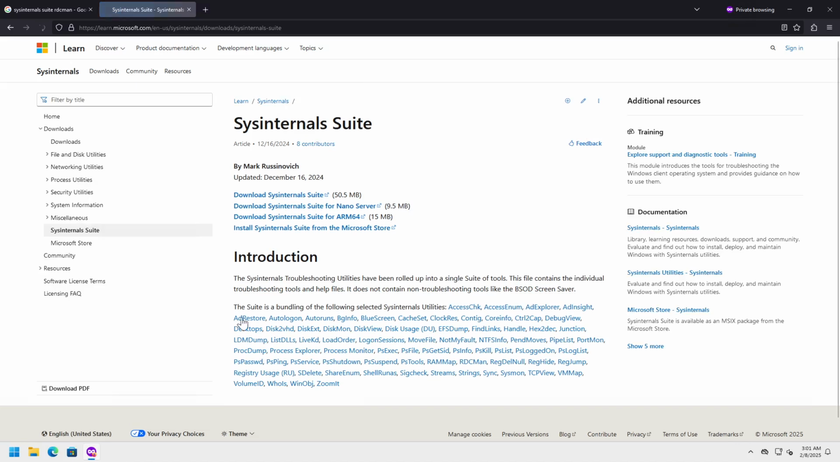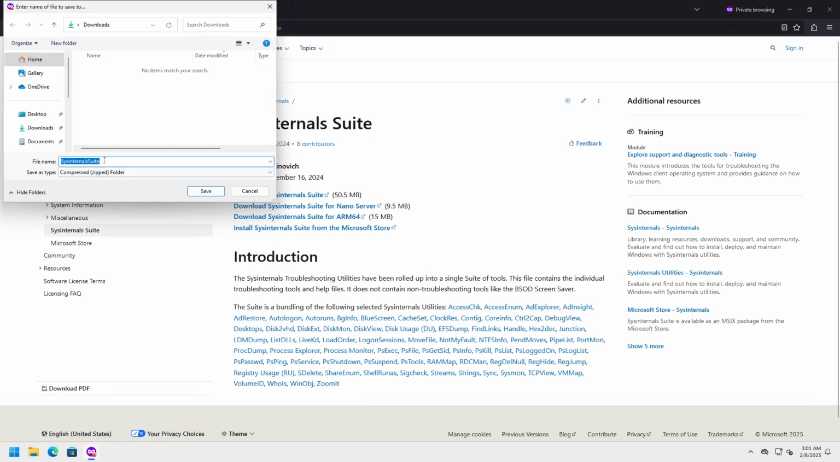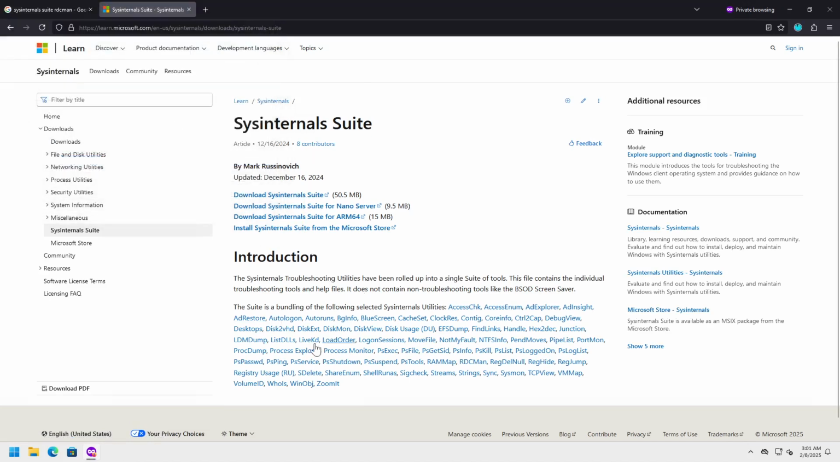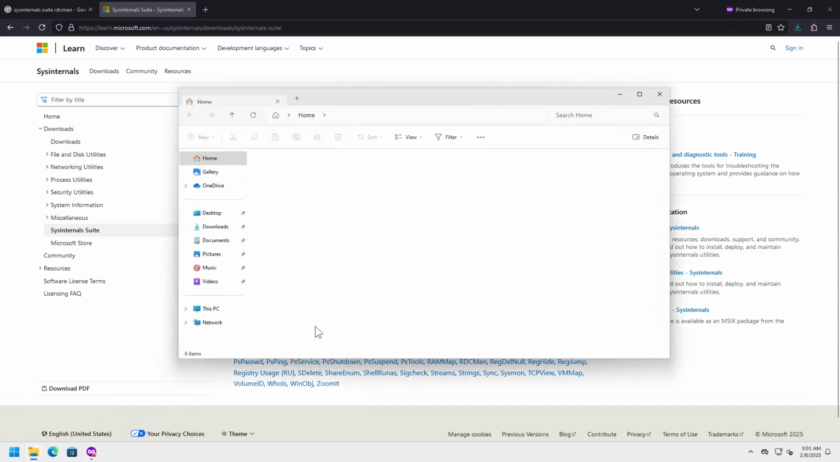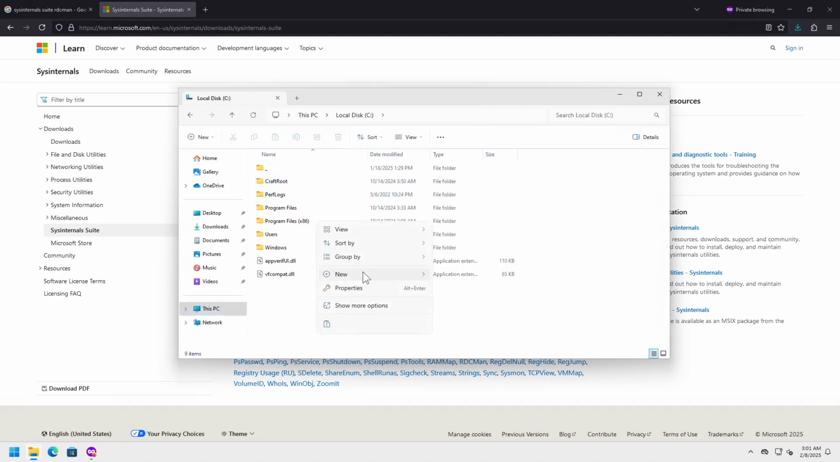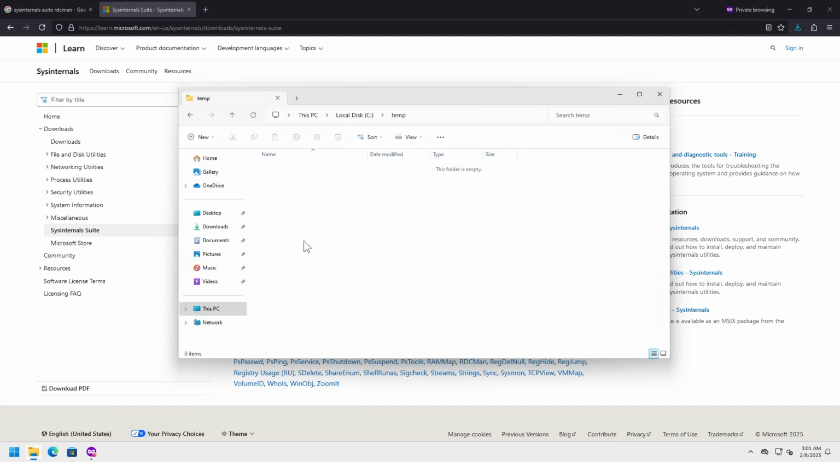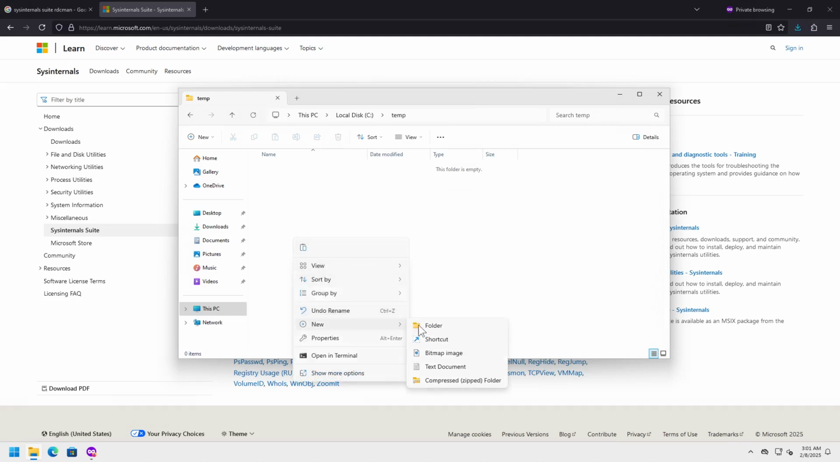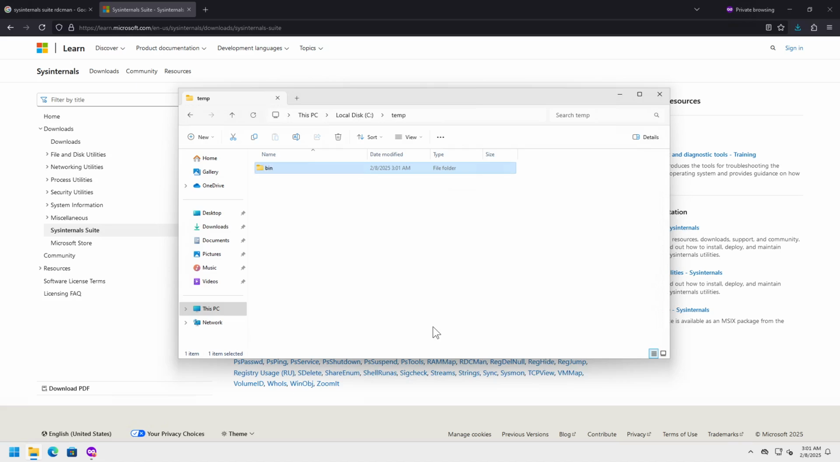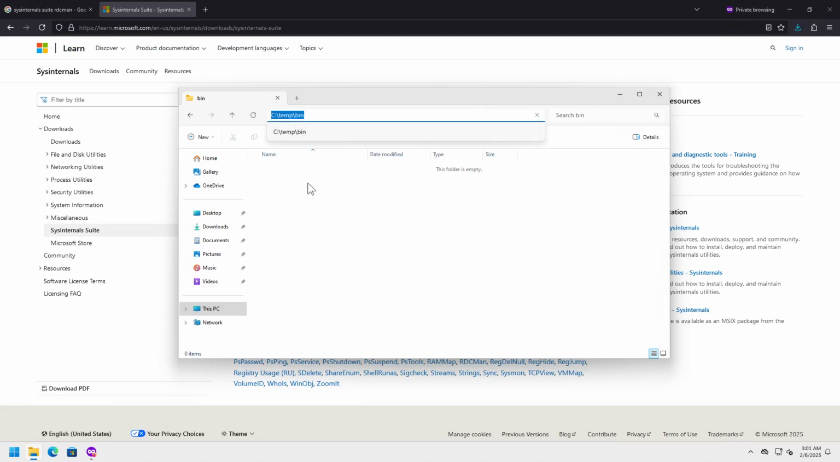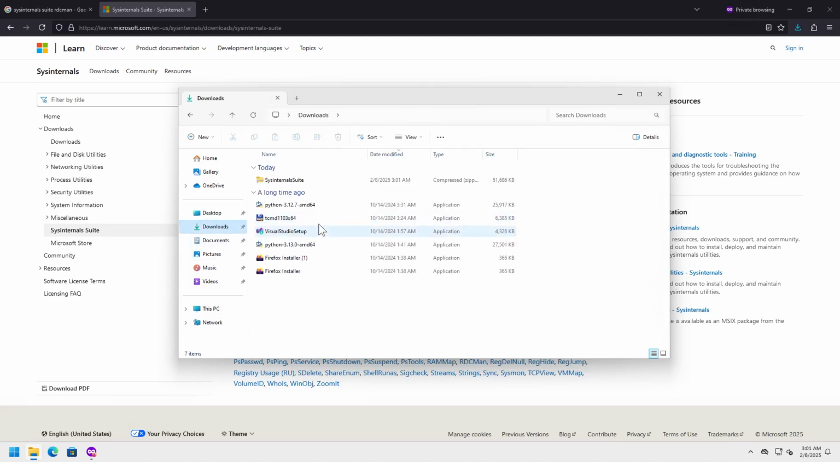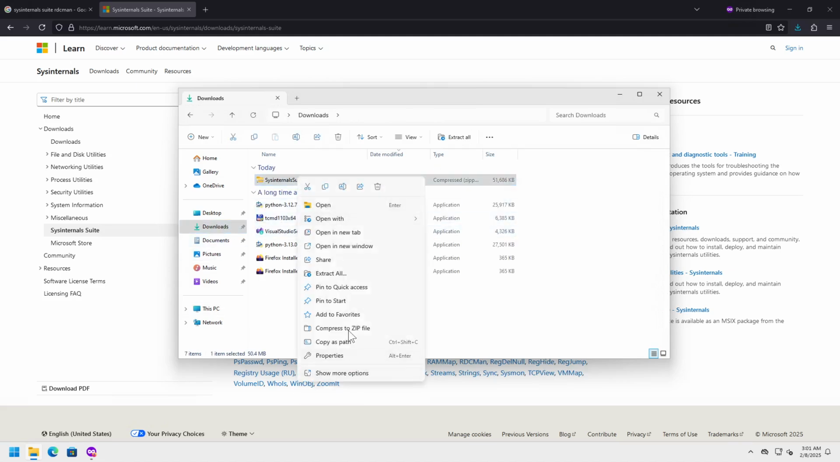I'm actually going to install the Sysinternals suite. It's a zip file. I usually place this into a temporary directory named c:\temp, and then another subdirectory named bin. So the full path is c:\temp\bin. Downloads, extract Sysinternals suite,